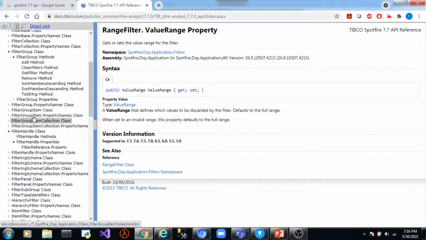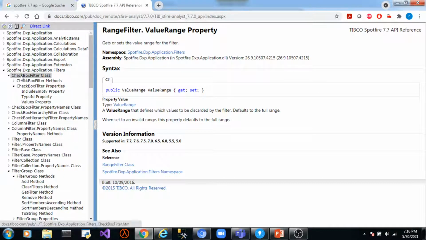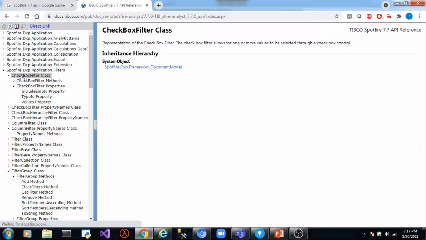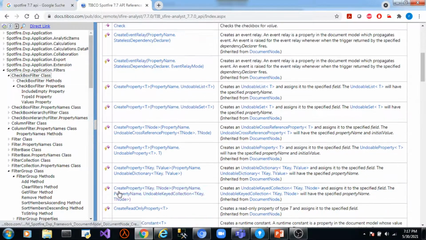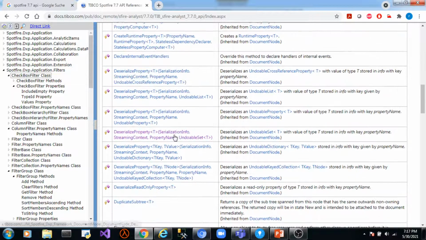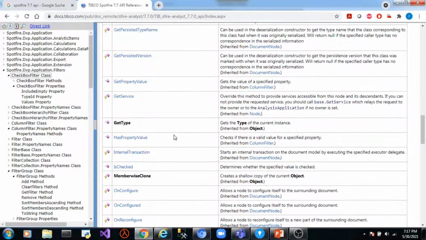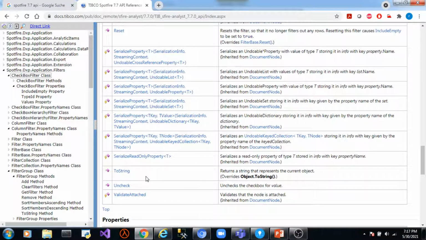Checkbox filter. Here we have the checkbox filter. Okay. So these are the methods and properties. There is a method called check which will let you check values in a checkbox filter. Is checked will return whether a value is checked or not. You can try these methods. Reset will reset a checkbox filter.